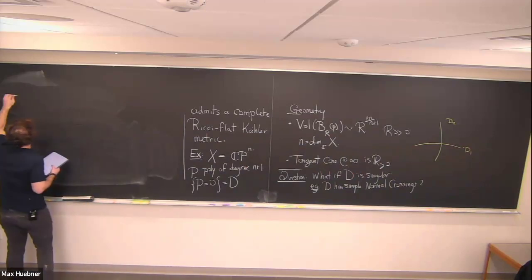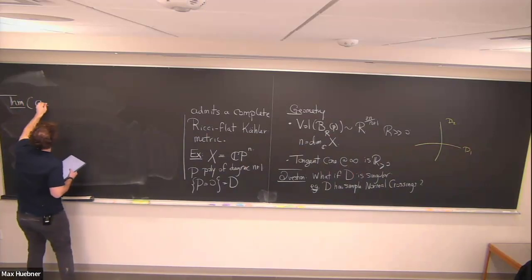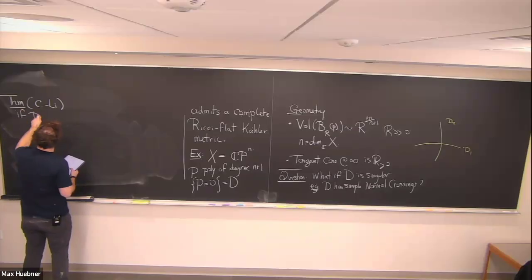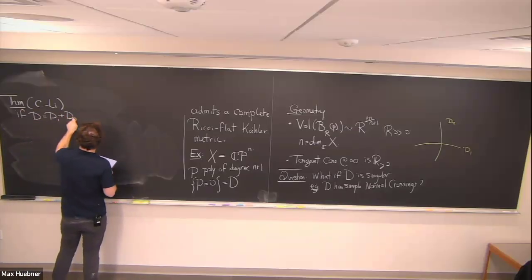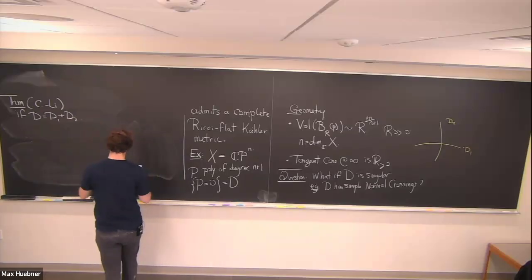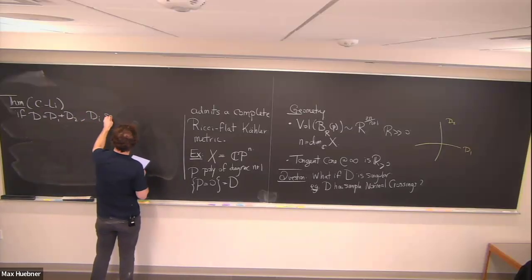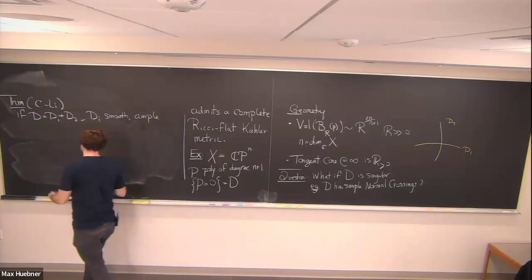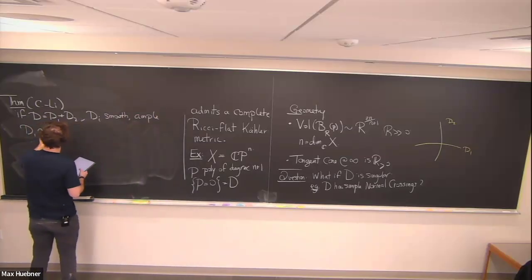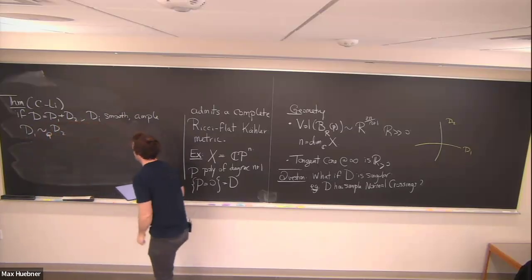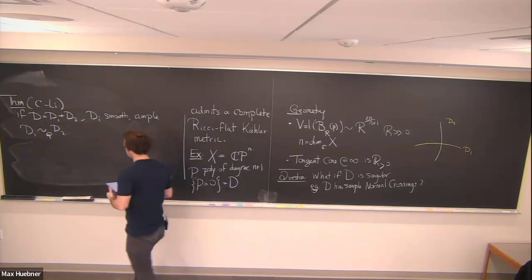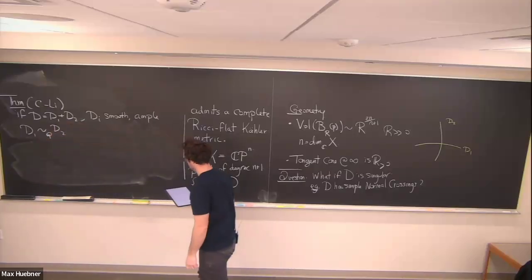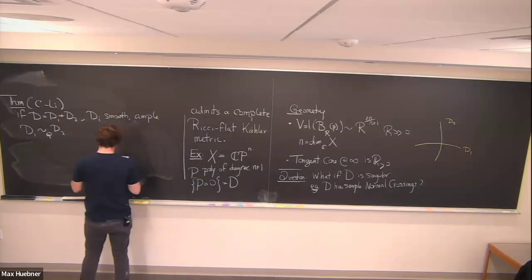The theorem: if D is D1 plus D2, a union of two divisors where the Di are both smooth, ample, and proportional, so D1 is proportional to D2, in other words, up to multiplying them by positive integers, they both lie in the linear system of some common ample line bundle, then